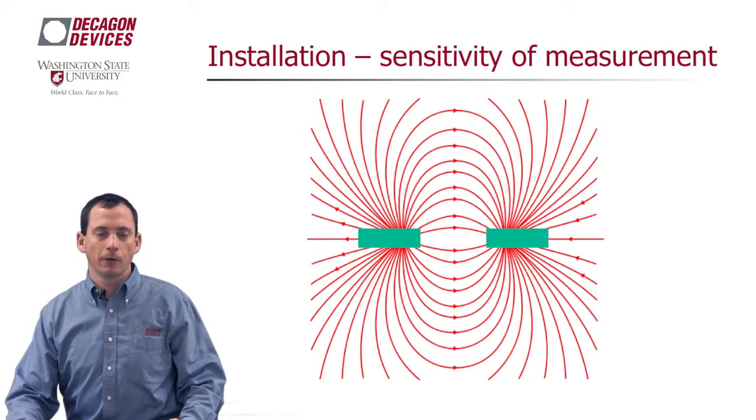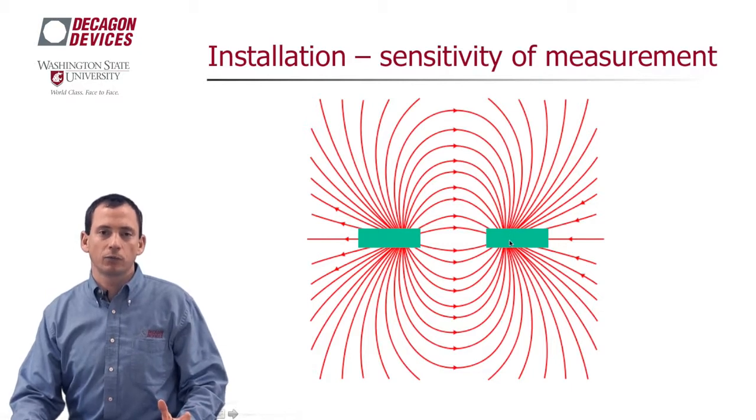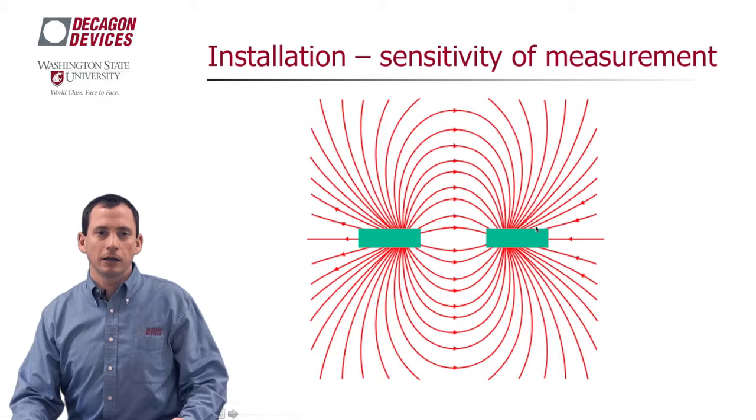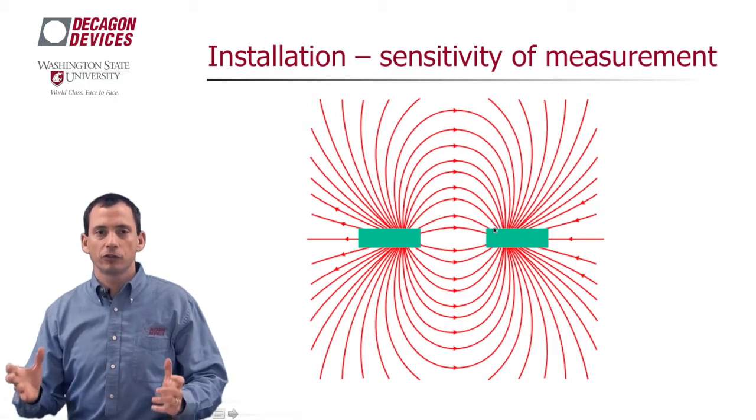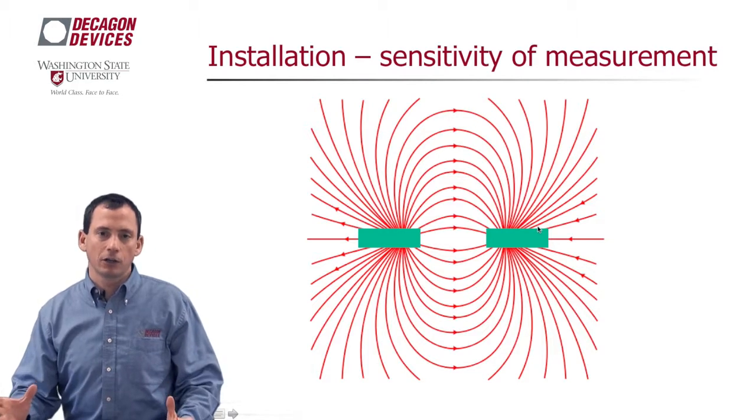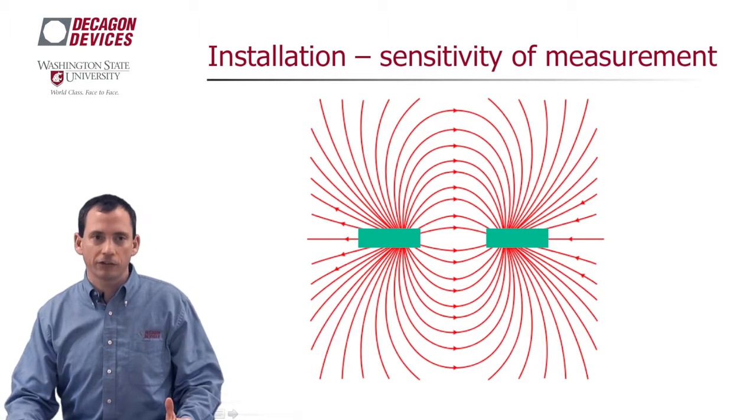So you're looking down the probe. These red lines show the electromagnetic field that is generated by that sensor when it's measuring the dielectric permittivity. And what do you see? You see that right near the sensor surfaces, those field lines are extremely concentrated. And what that means in practice is that the sensor is most sensitive very close to its surfaces. Okay? It has sensitivity out away from the surfaces, but it's going to be most sensitive very close to its